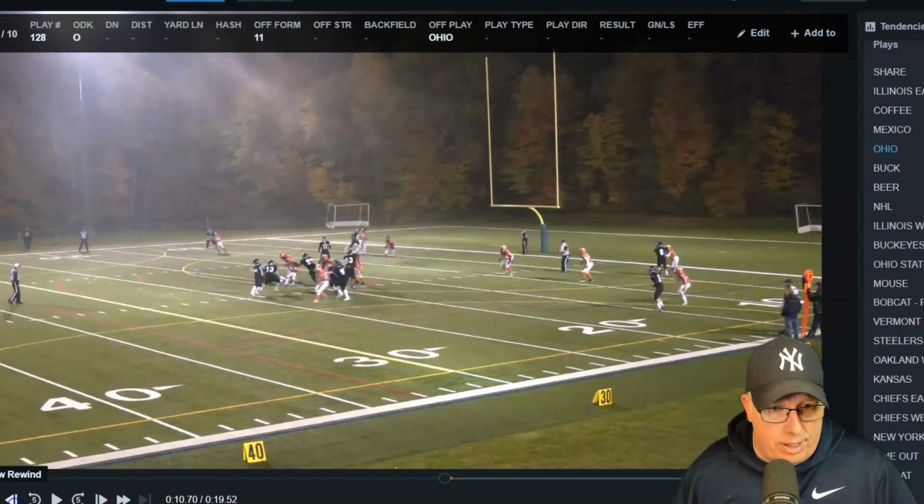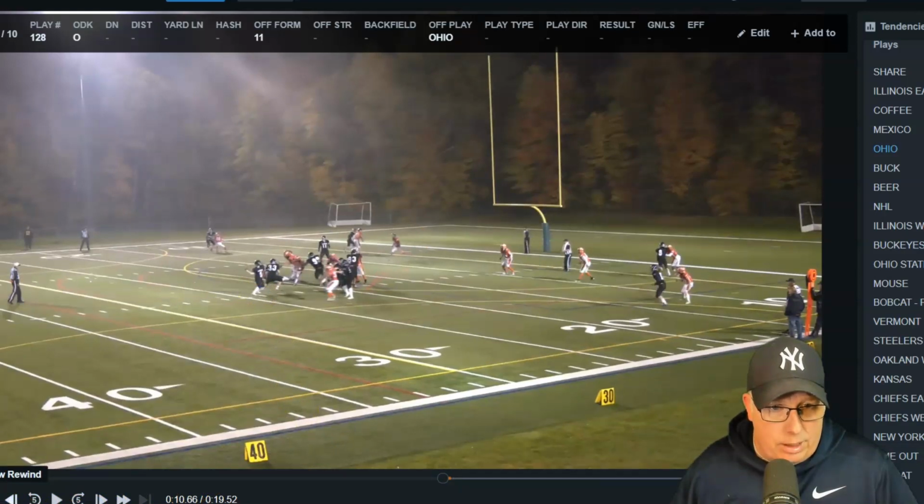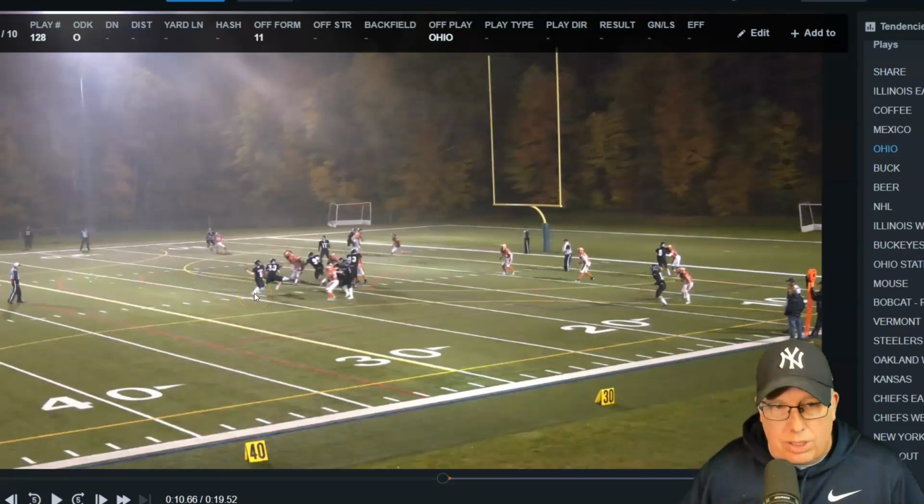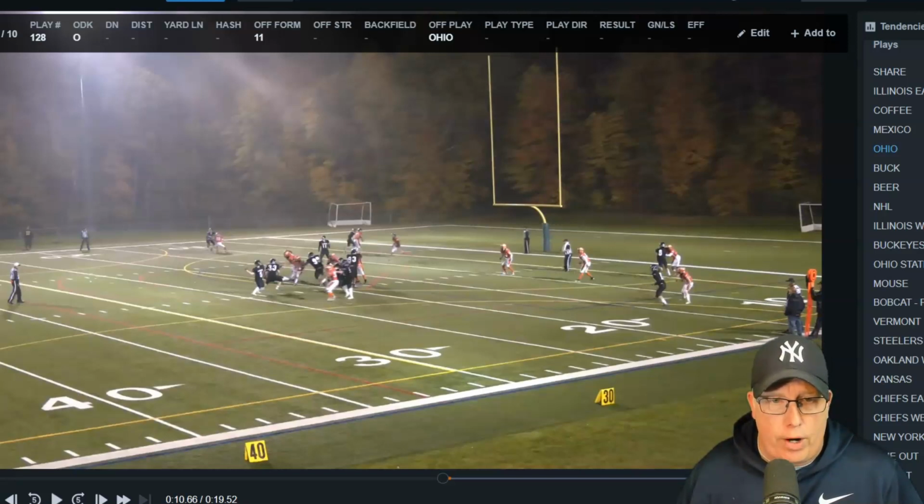Let me just back it up a little bit right here. So look at that load step. See how on his load step, all the weight is on the front of his knee. I'd like to get the load step, the power, right into the back leg, the back foot, and then when you're swinging the torso open and swinging that front foot forward, you're getting more power and more torque into